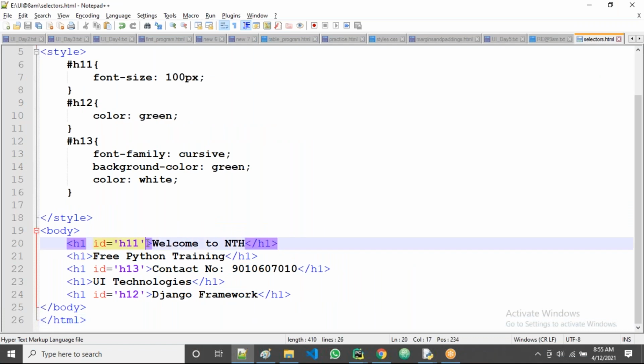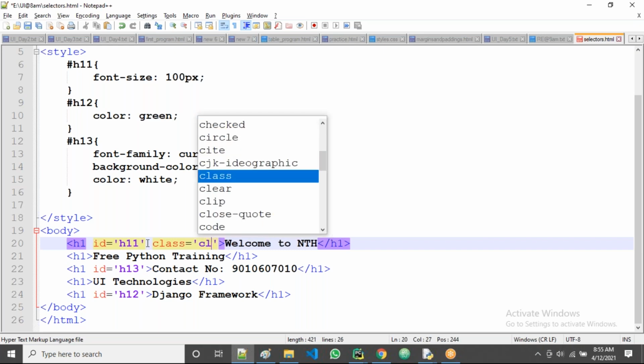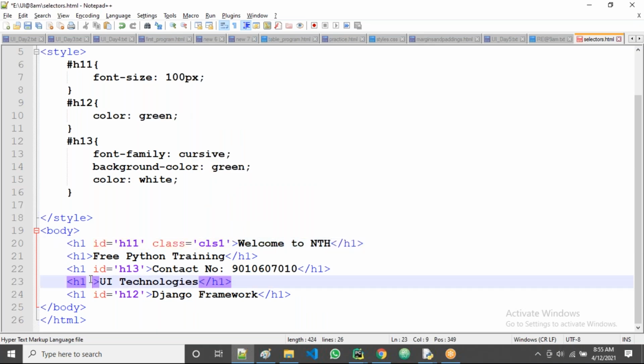How to create the same class? We take the class attribute. The class name I'll take is CLS1. The same class we should take for the UI also.